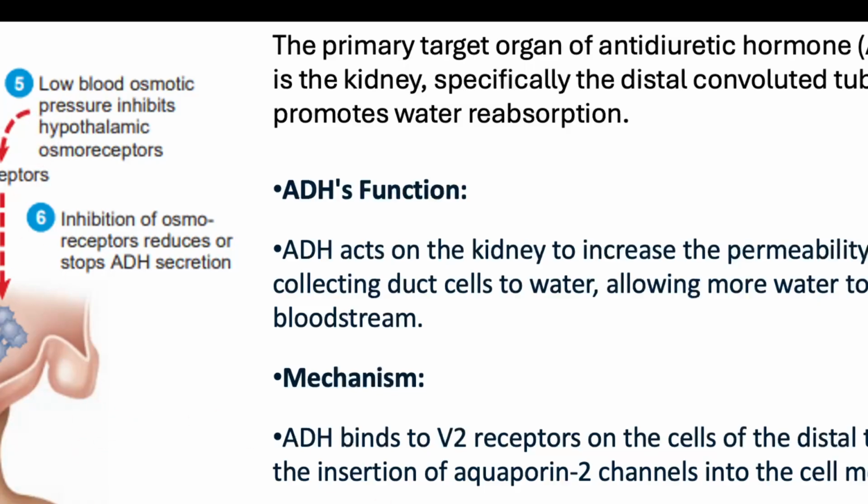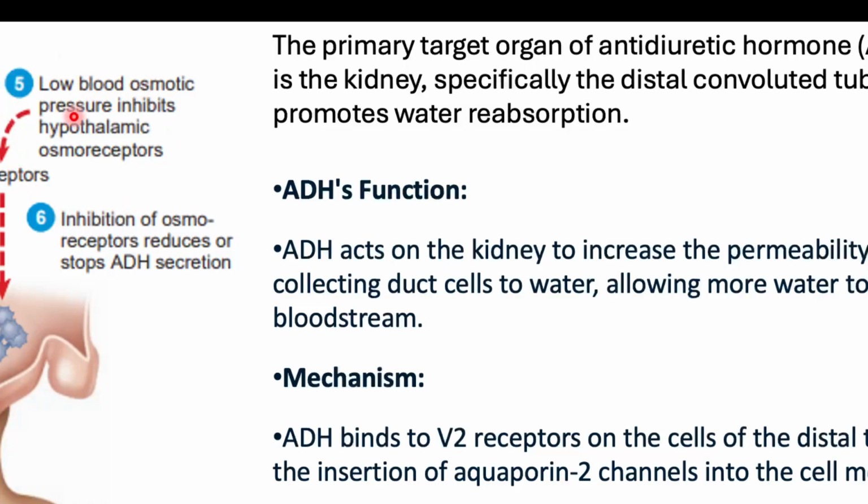So this is a schematic of all the events happening when the body wants to retain water, and this is by the secretion of ADH. High blood osmotic pressure stimulates hypothalamic osmoreceptors. Osmoreceptors activate the neurosecretory cells that synthesize and release ADH, antidiuretic hormone. Nerve impulses liberate ADH from the axon terminals in the posterior pituitary into the bloodstream. Kidneys retain more water with decreased urine output. Now the blood osmotic pressure is restored back to lower levels.